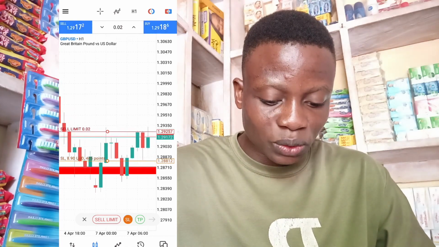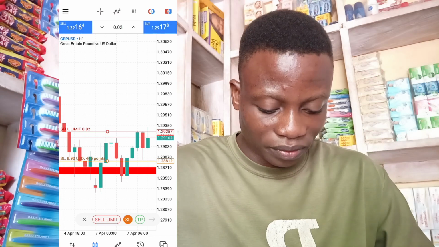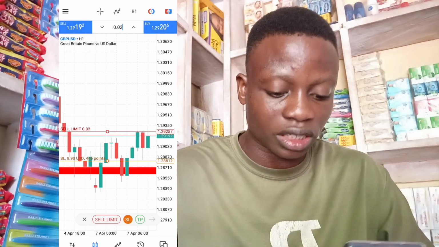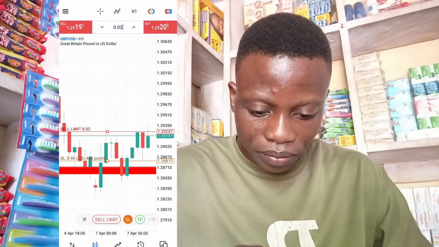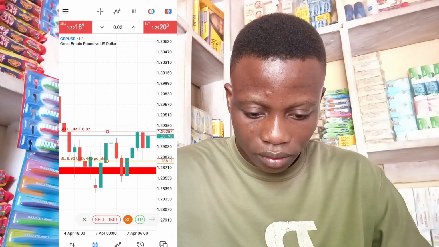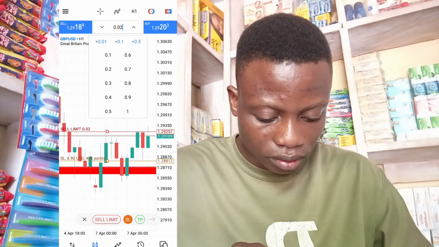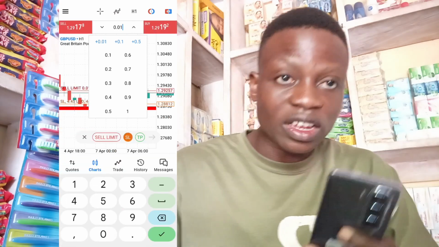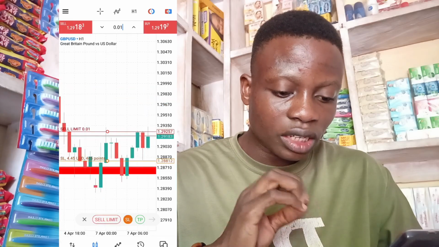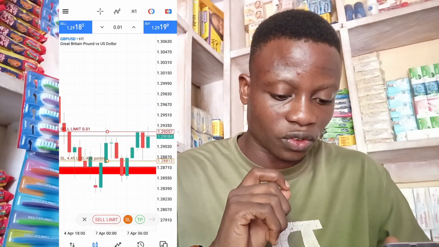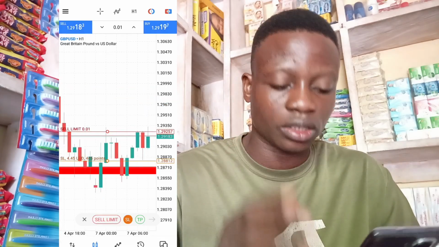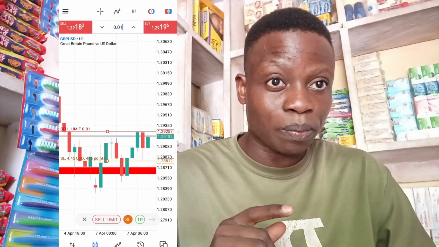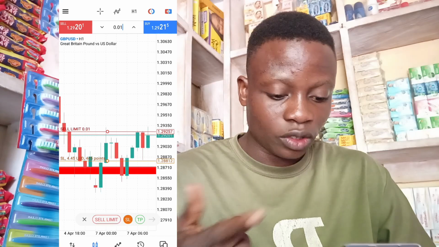And if I reduce to 0.01, since I don't want to risk more than $4 to $5, it will bring out $4.45. So if I'm to enter this trade now, since I'm perceiving a buy from this support level that I marked,